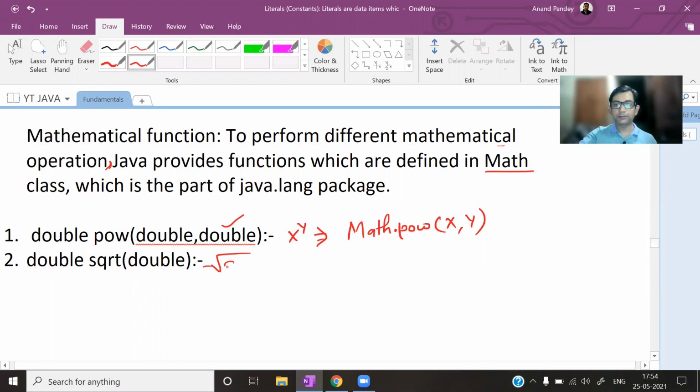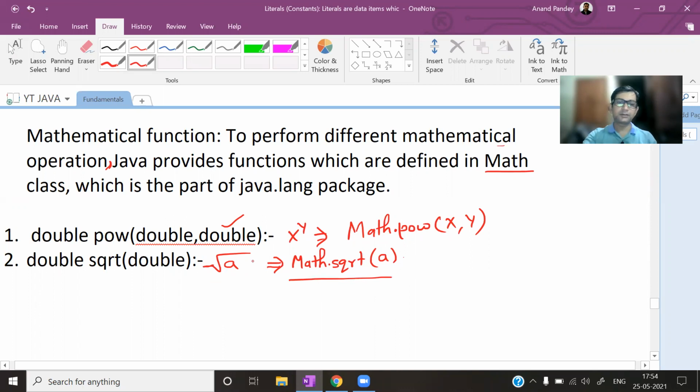Consider you want to calculate the square root of a; please don't write this symbol in the program. For that you have to use the sqrt function, like this: Math.sqrt(a), with the value of which you want to calculate the square root. So please don't write the under-root symbol. You should use the sqrt function like this.